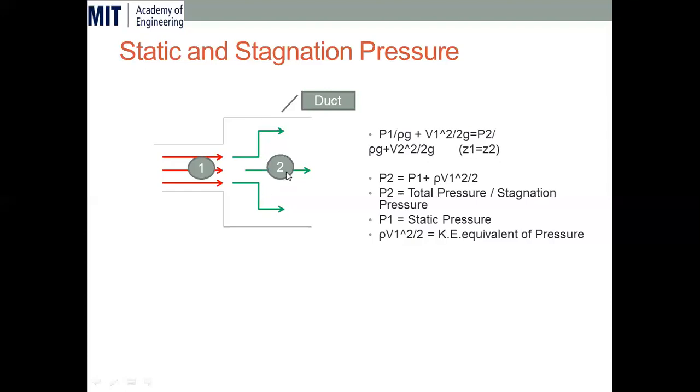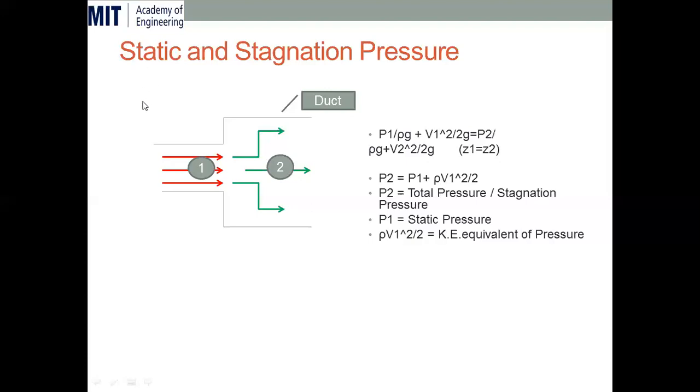If we calculate the temperature or pressure at this point 2, then that particular temperature and pressure are called stagnation pressure and stagnation temperature. Basically, stagnation properties are the properties of the fluid when the fluid is brought to rest, okay, by any means. So they are called stagnation properties. And the static properties are the general properties, the properties of the fluid with a certain velocity. So the properties at this particular section 1 are called static properties. Okay. That is the basic difference between static and stagnation properties.